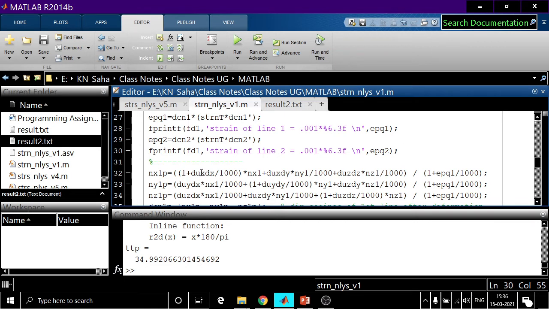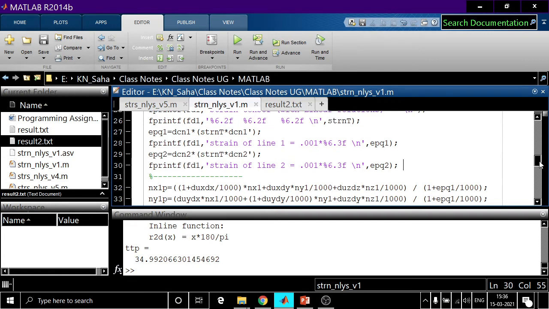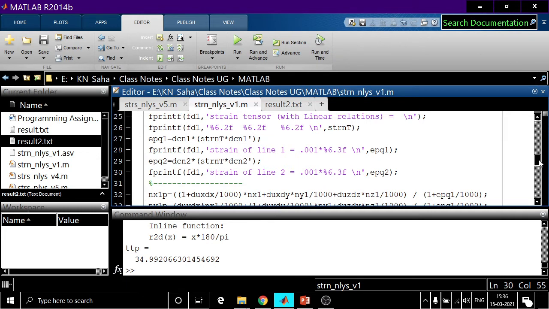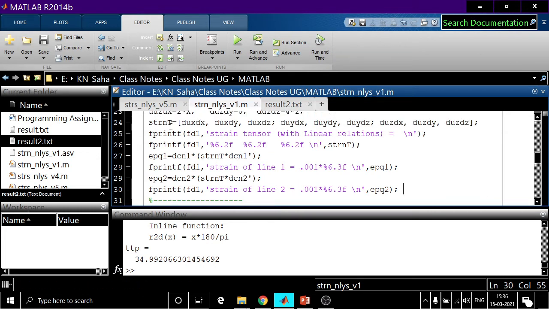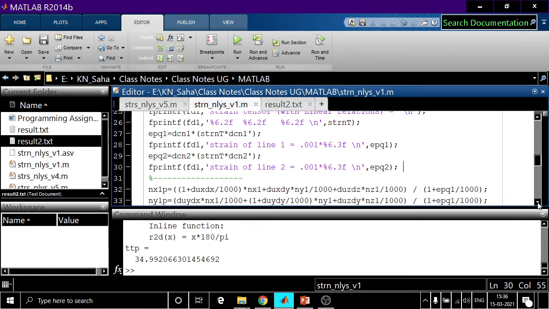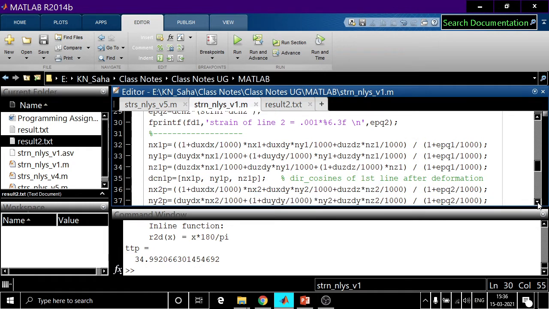Yes, sir. And here you see these strain components are divided by 1000 here. Okay, that part is clear. But in our epsilon PQ calculation, there is some error which is coming due to the faulty calculation of our strain tensor. This strain tensor would be somewhat different here. Okay, so this is calculated.